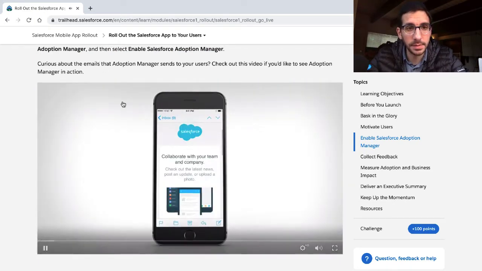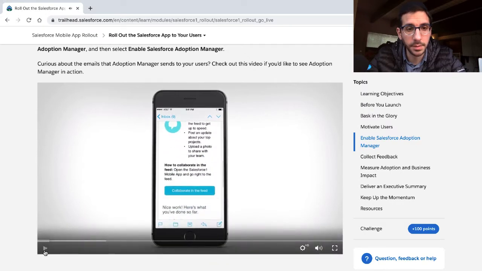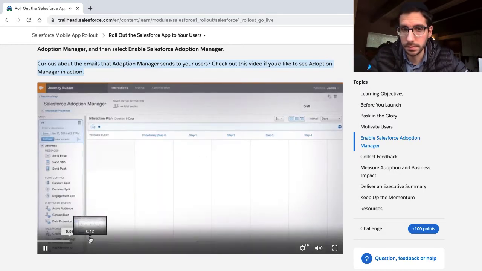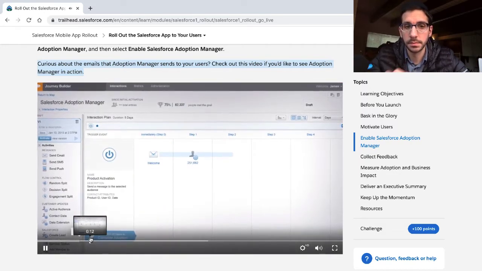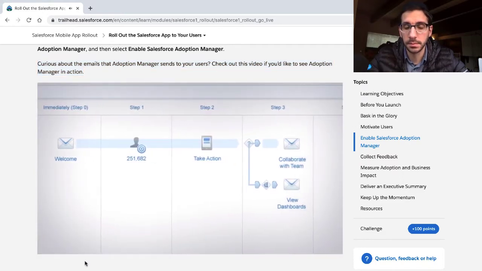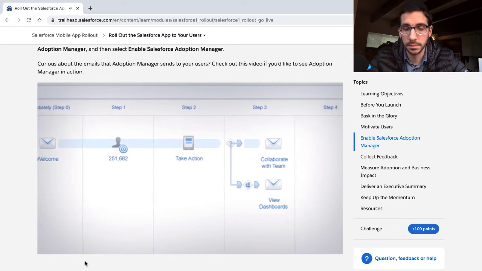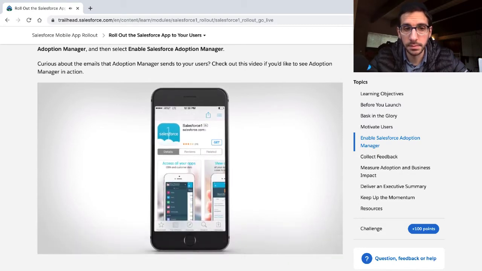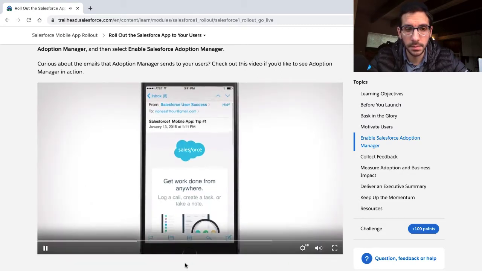Curious about the emails that Adoption Manager sends to users? Check out this video if you'd like to see Adoption Manager in action. Is the fastest way for employees to get the most out of Salesforce. Built with Marketing Cloud Journey Builder, users are taken on a personalized one-to-one journey with custom emails and notifications to coach them every step along the way. Employees start, cue the hero music, by clicking their custom link to download the Salesforce One mobile app. Then the one-to-one coaching